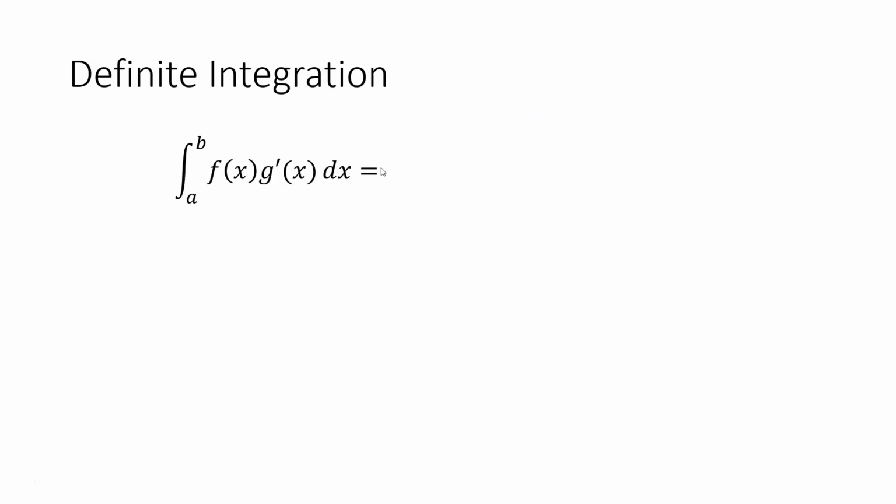Here, let's extend our integration by parts formula to definite integration. So in other words, if I'm integrating from a to b of f of x g prime of x, well, our integration by parts formula would be f of x g of x. In this case, now we're evaluating it from a to b,